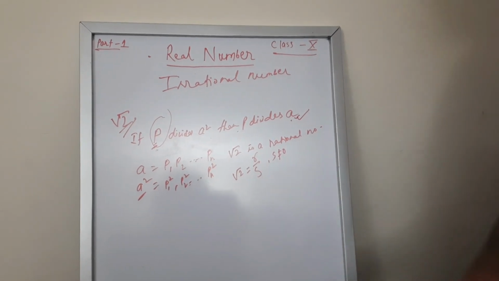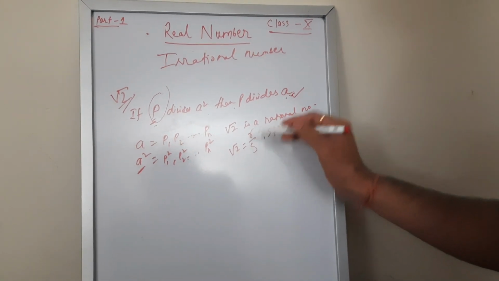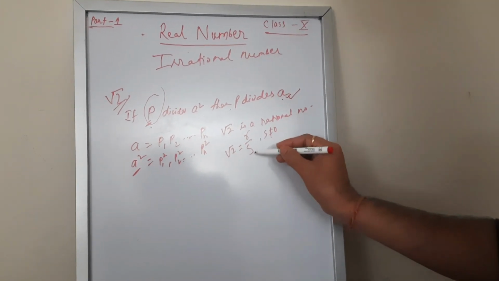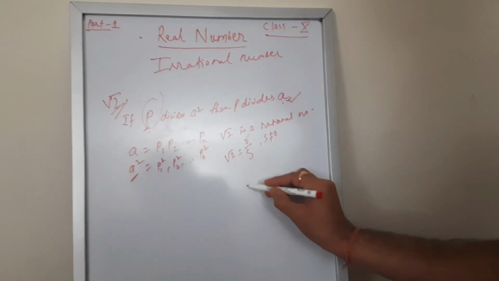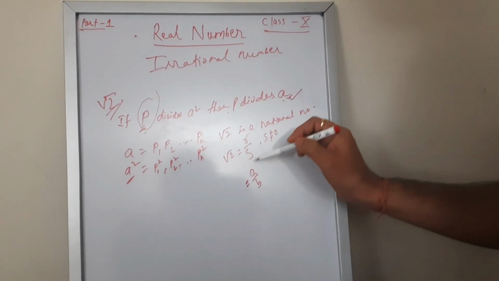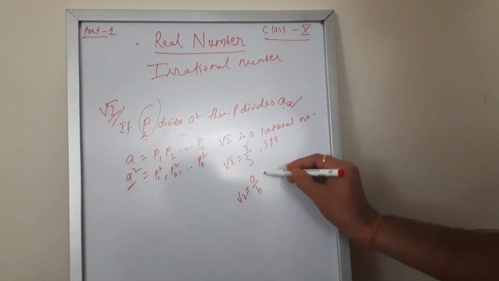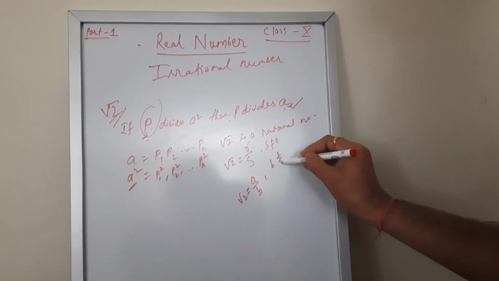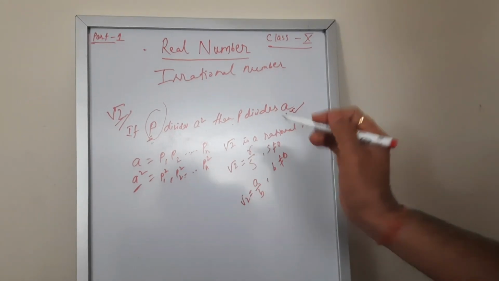Okay. Now let's see, apart from the common factor 1, there is another common factor for r and s, for which we get another a by b. When we divide the common factor of r and s, we get a by b. So we can say root 2 is equal to a by b, where b is not equal to 0. Clear? Now let's square both sides.